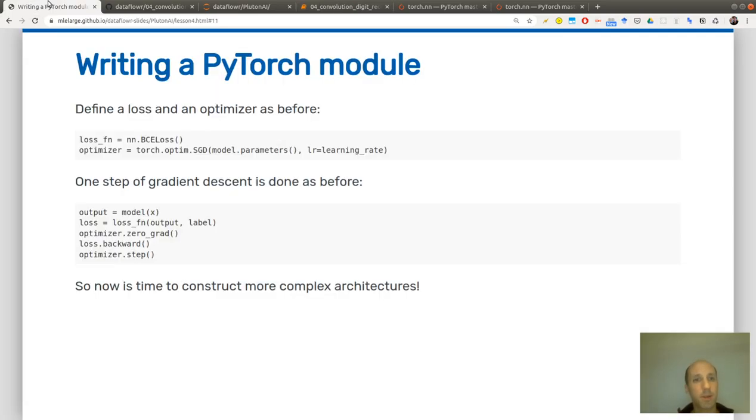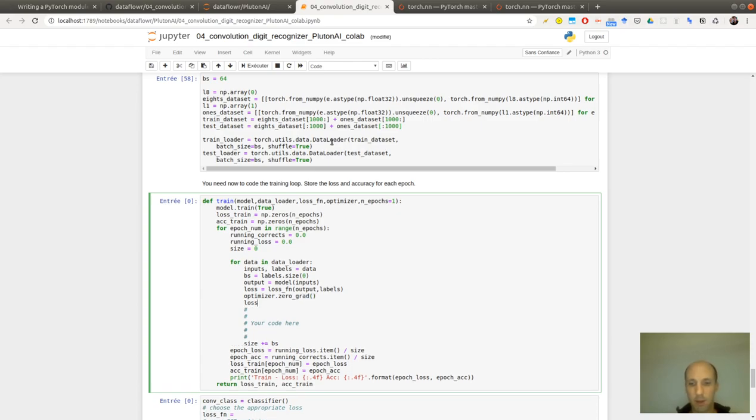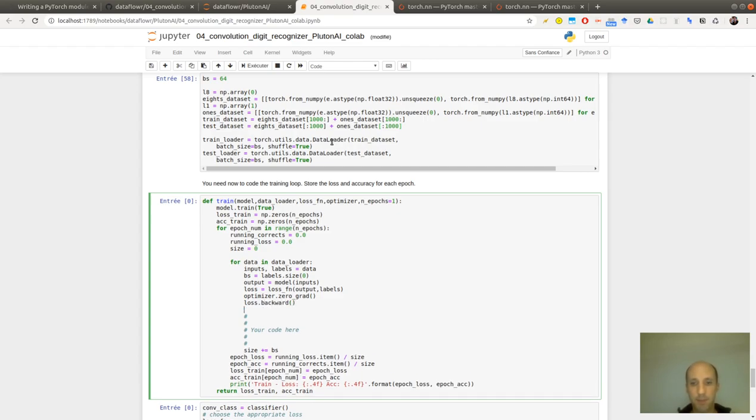And now optimizer zero grad, loss backward, optimizer step.